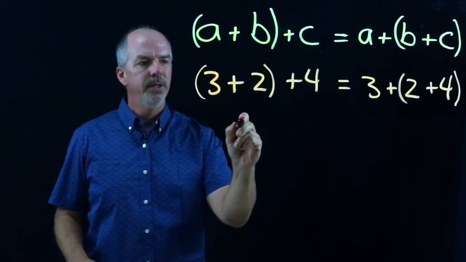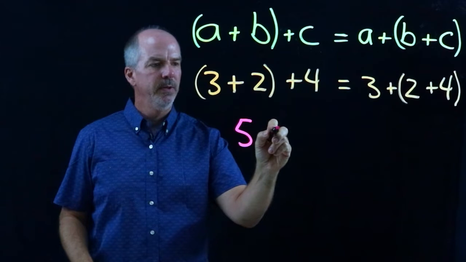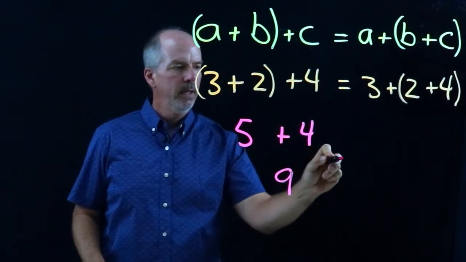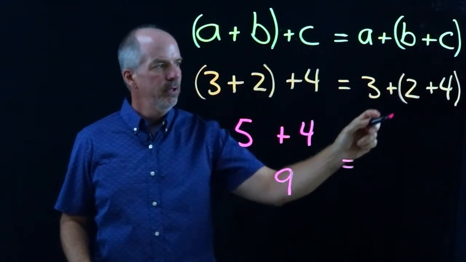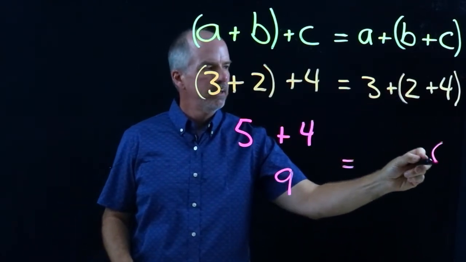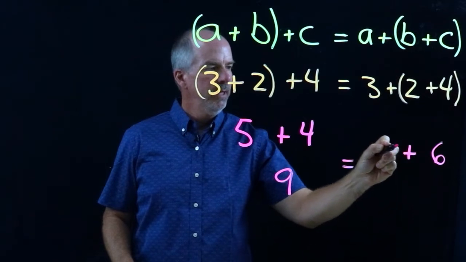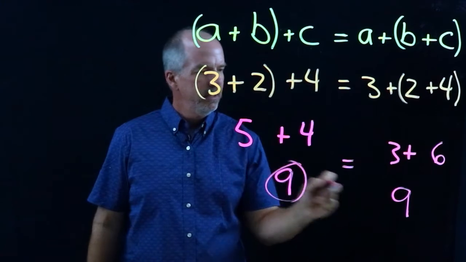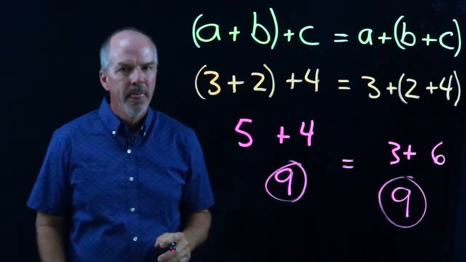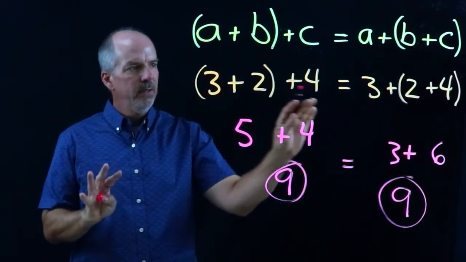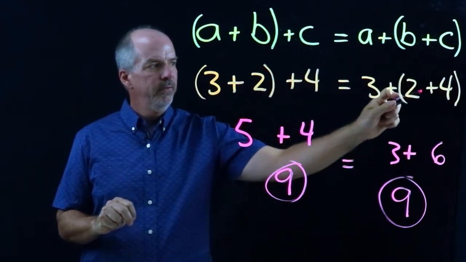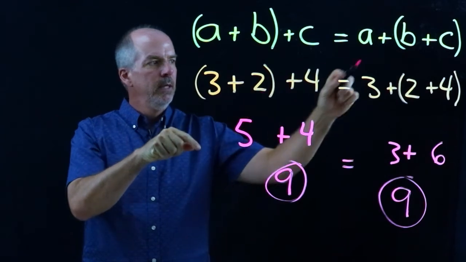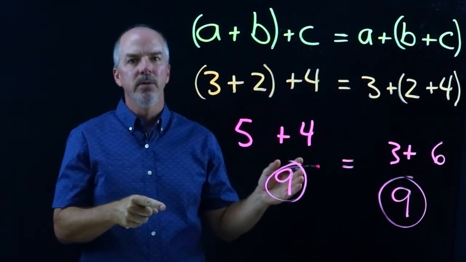So we have 3 plus 2 is 5. We do that first because of the parentheses. Then we have plus 4, and that's 9. Okay, on this other side, we do 2 plus 4 first, that's 6, and 6 plus 3 is 9. So you can see in both instances we came up with 9. And again, with the associative property, 3, 2, 4, 3, 2, 4, the order stayed the same. The only thing we changed was our grouping, and the associative property allows us to change the order of grouping